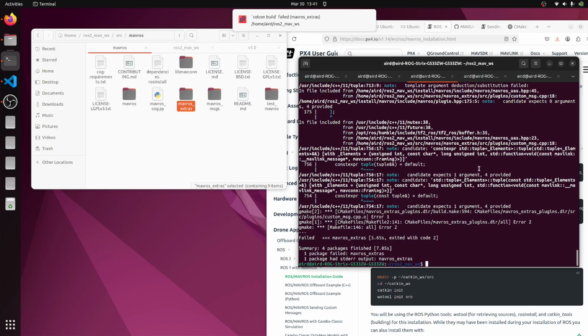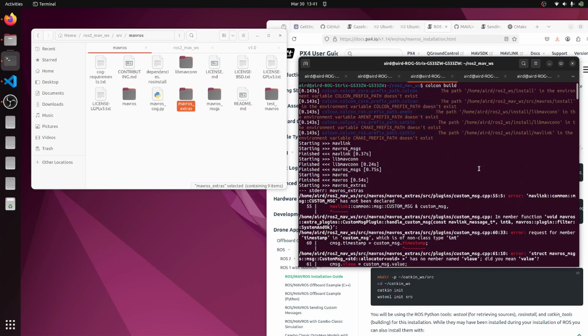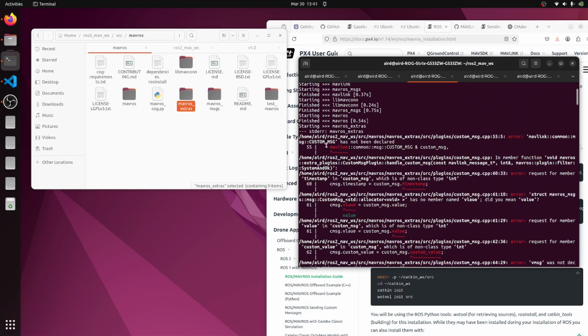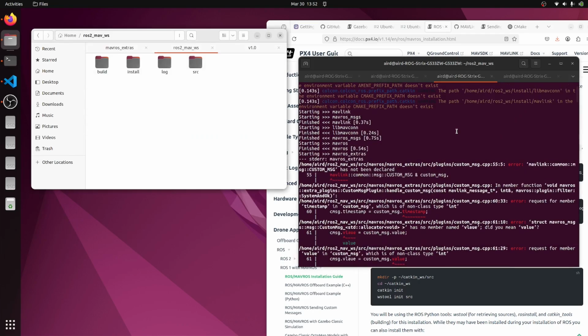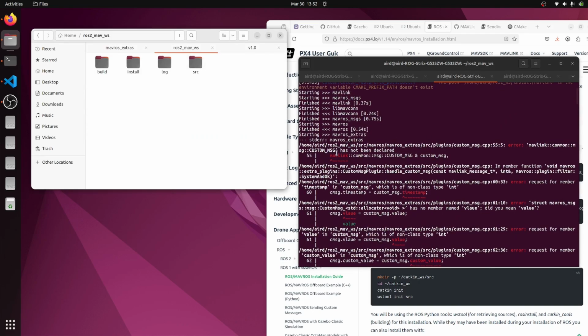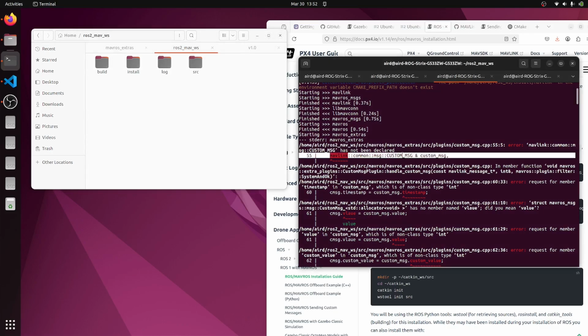Okay, we have this error which says custom_message has not been declared in MAVLink common message custom message. Okay, I think this error is coming because this custom message doesn't belong to the common category. Okay, we have created a separate message on the name of custom message, right? Okay, so this error that I was talking about is probably because this custom message is not a part of